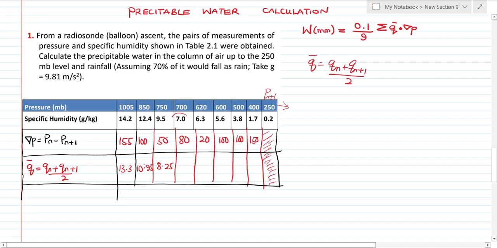So we come to the 7.0. So that's going to be between 7.0 and 6.3. So 7.0 plus 6.3, and that'll give us 6.65. We are finding the mean. So when you add it, then you divide it by 2. Then the next section is going to be between